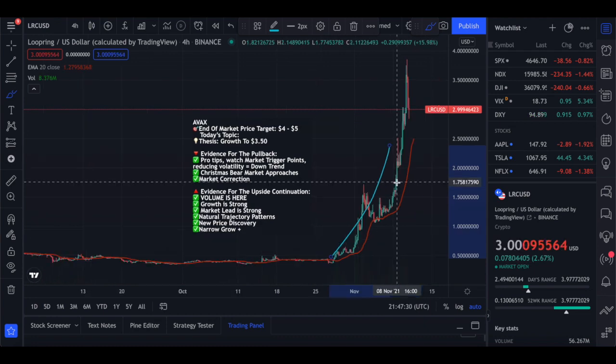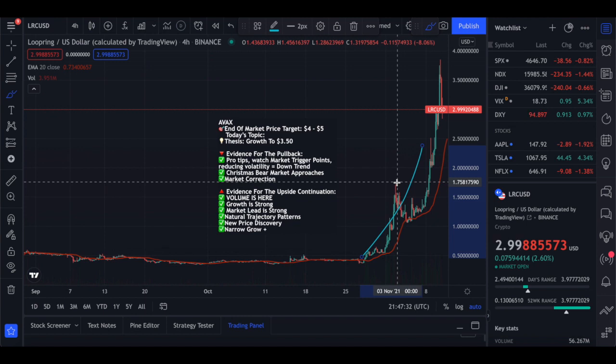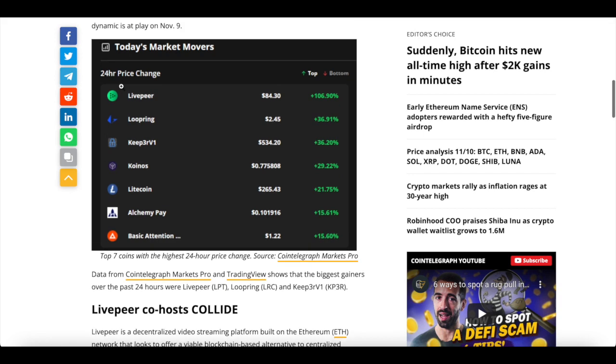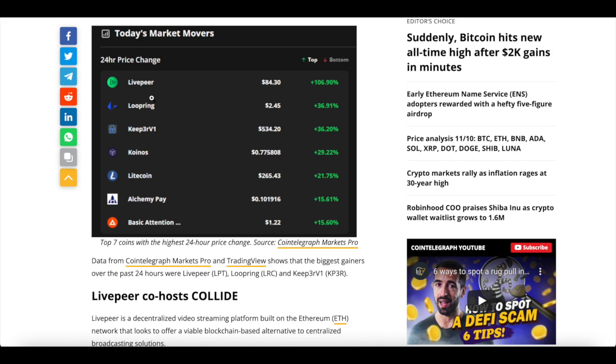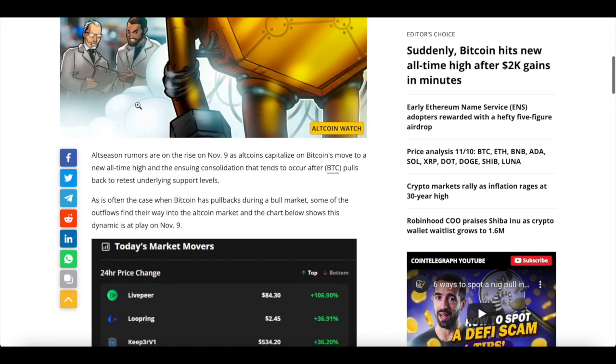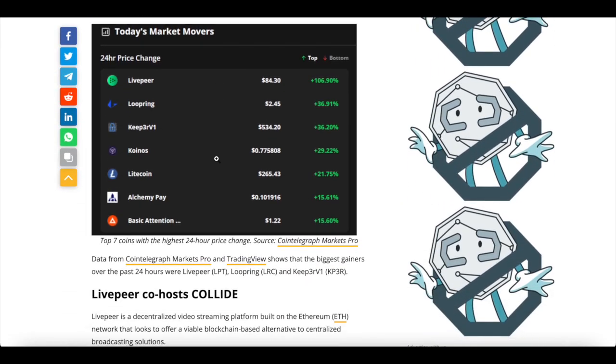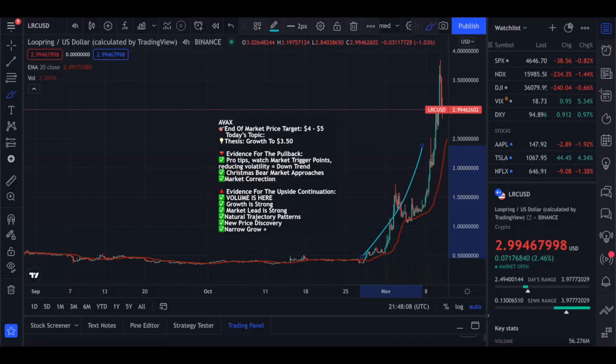I can guarantee that. So what we've got here includes a great deal of things. It's volume, and volume is good. It's growth, and growth is good. But most importantly, it's market lead, because what we were just looking at was how well Loopring is doing versus other cryptos that are quite similar to it. And what we saw is that it's actually second on this list. This article is on Cointelegraph, and you can check it out for yourself. Versus other cryptocurrencies in similar stages, you can see by the evidence that Loopring is doing pretty damn good on that list. In terms of market lead, it's doing pretty damn good. So the market lead is there.